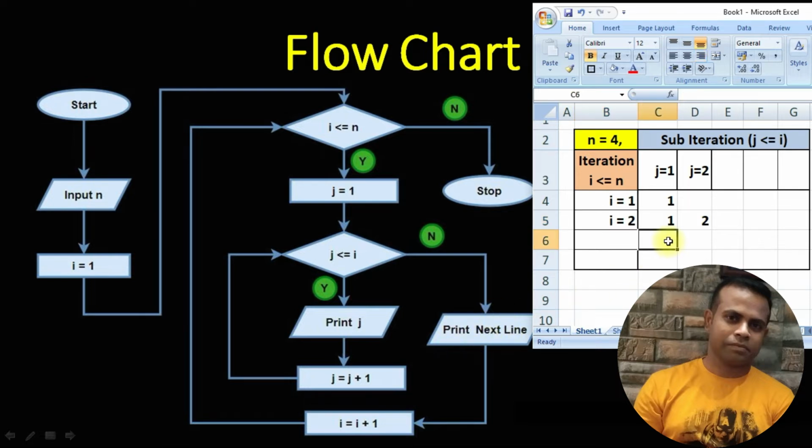So the next line means this is my next line, and it will increment the I value as I plus 1. So what is I plus 1? Previously it was 2, now I plus 1 is nothing but 3. Now once I is 3, it will go for the main loop and check is 3 less than or equal to n, which is 4. So yes, 3 is less than 4, it will go here and again set j equal to